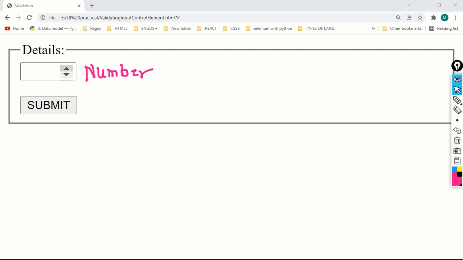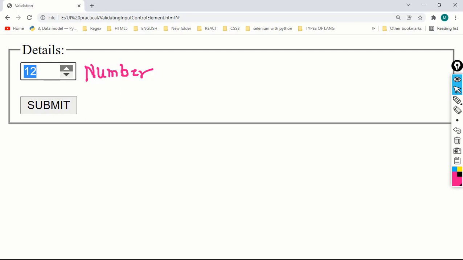When I click on the up arrow, it is starting from 5. So the minimum range is 5, and when I am clicking on the up arrow, it is increasing the range, but it is not crossing 12.